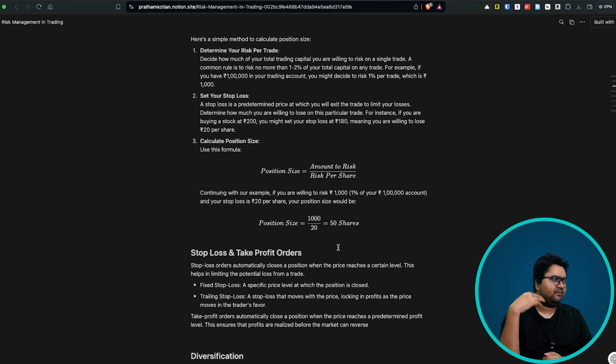The second type can be a trailing stop loss. Let's say you start with 1%, and you want that percentage as a variable component. What will happen is your price is moving up, from 1000 to 1100. But if your stop loss is still 990, there's a very large delta to cover, right? So you keep moving your stop loss up proportionately depending on the risk reward. If your stop loss is moving along with the price, that's a trailing stop loss.